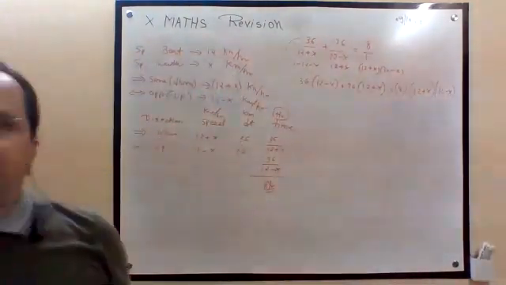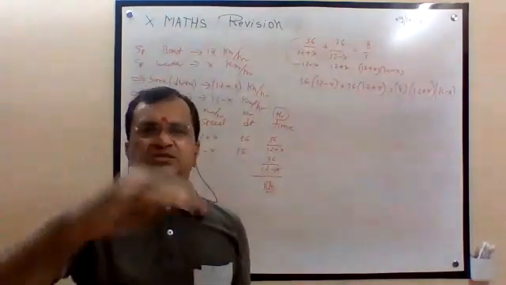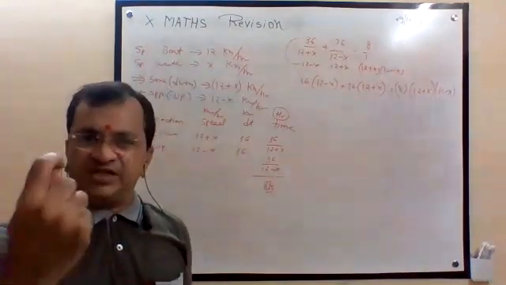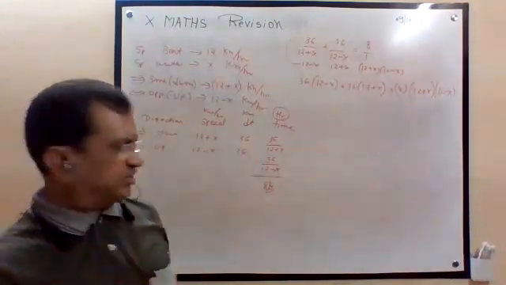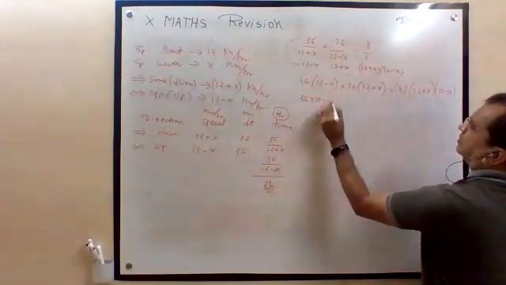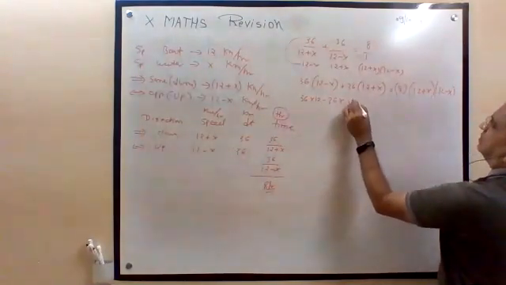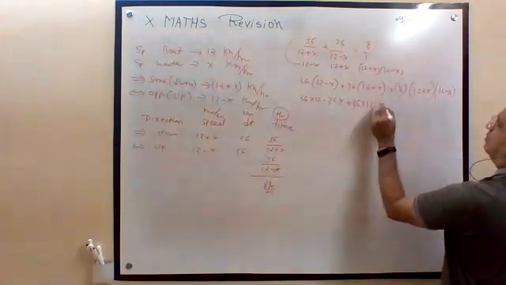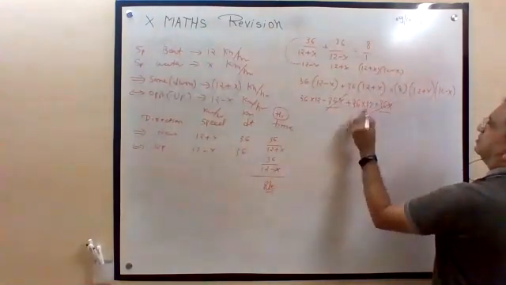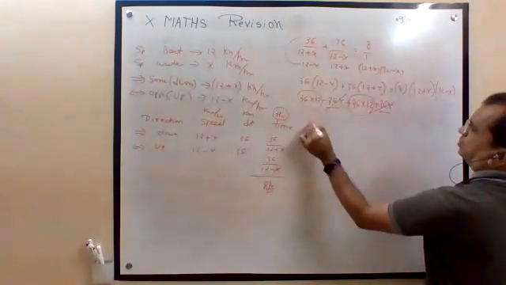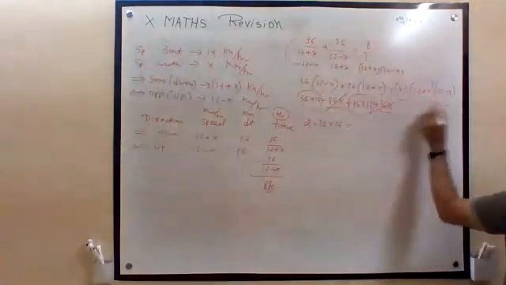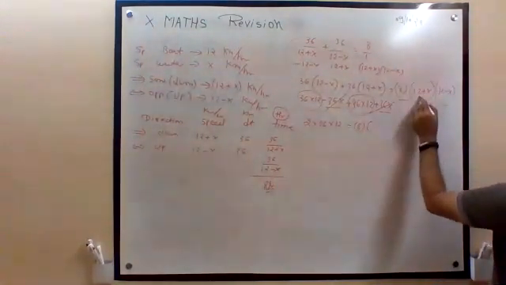Now see how intelligently you can calculate. Up to here, everyone is getting the same answer. But from here, without doing the simple calculation of this into this, 36 into 12 plus 36x, plus 36 into 12 minus 36x, so plus 36x minus 36x cancel, and this is 2 times 36 into 12, which is equal to this 8.